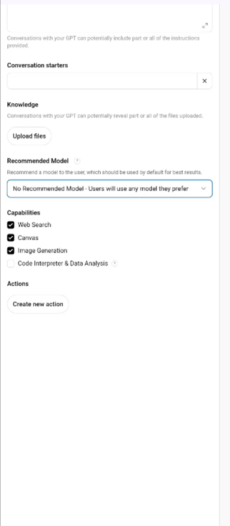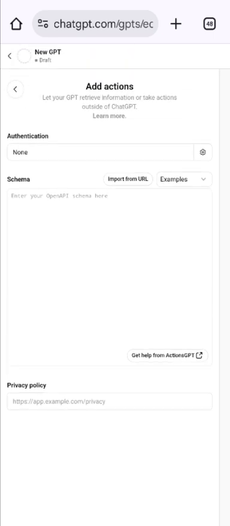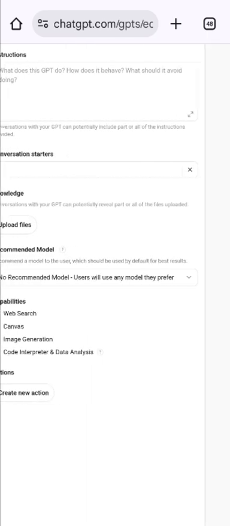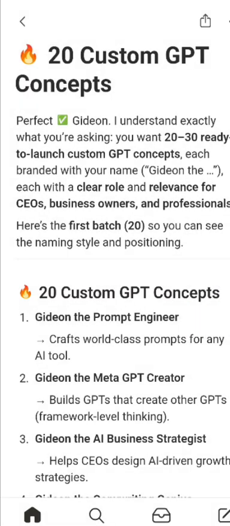So an action here, this is where now you can enable your GPT to do a task even outside it. But this one requires coding. It requires a level of coding. Yes, but at a later time, I think we are going to explore this. And then while you are doing all this, this is a place where it will be showing. This is just like the IDE, the integrated development environment. You just see what is going on here, the preview. So now,